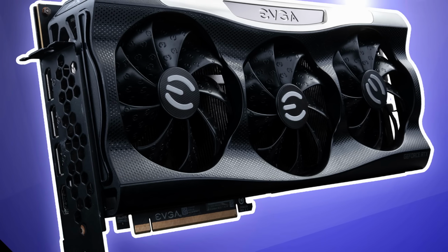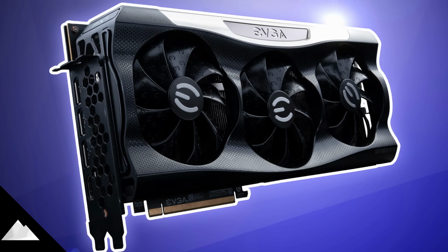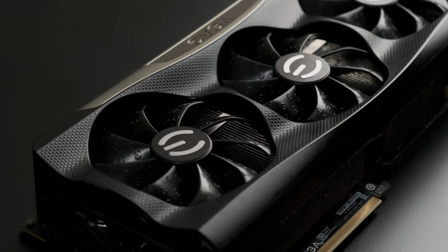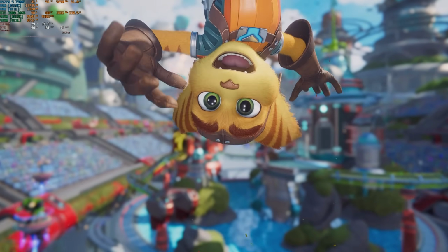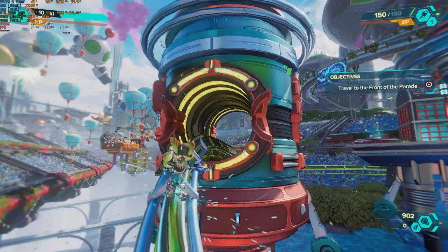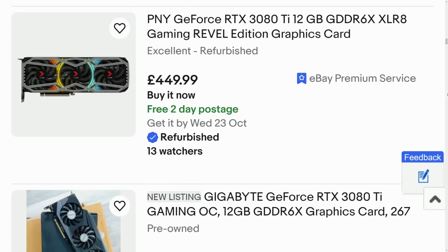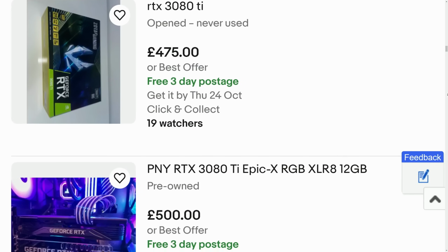It's only been a few weeks since I last tested the original 10GB RTX 3080, and the bottom line of that card is that in 2024, it's still pretty much good enough. If you want a used GPU to play games from the last 18 months at native 1440p, or higher with DLSS, there are plenty of worse ways to spend your money. Compared to the 3080 Ti, which can still command 25 to 35% more money on the used market, it's a